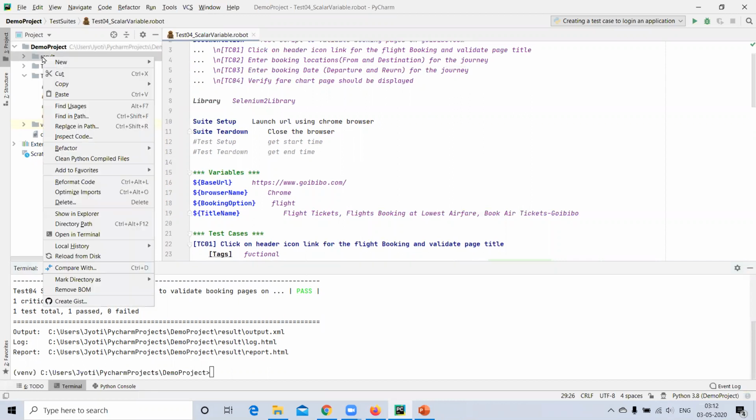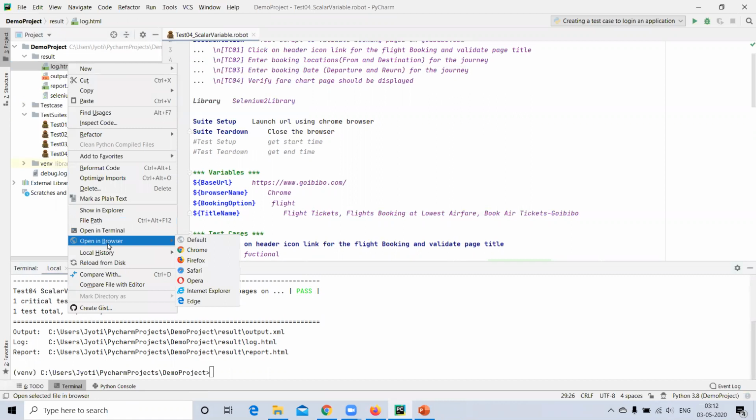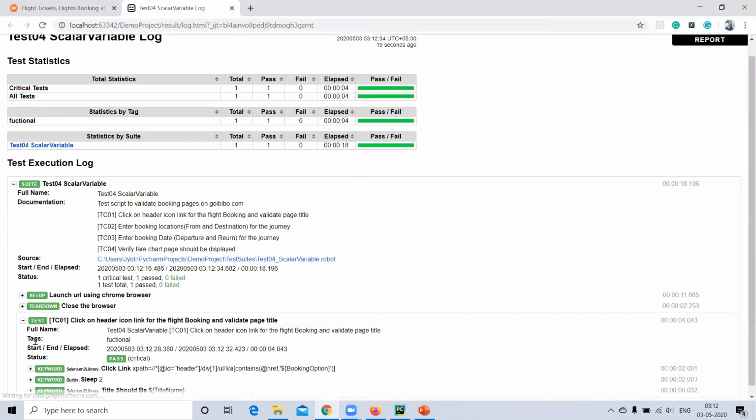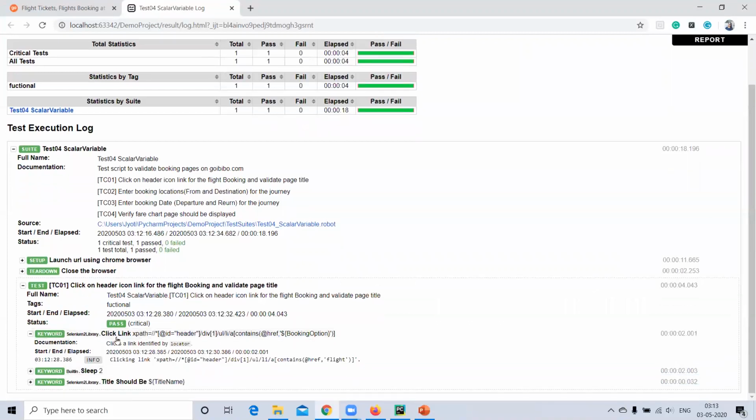Let me check the result as well. Open in Chrome. Okay, here is the first scenario. Click on header link for flight, and this is the method I have used, click link.